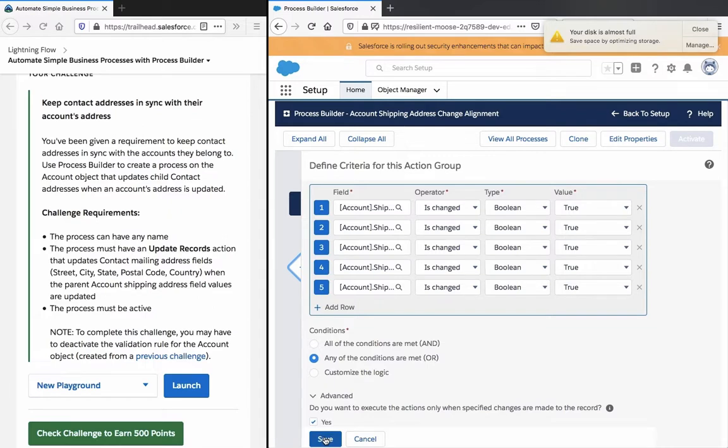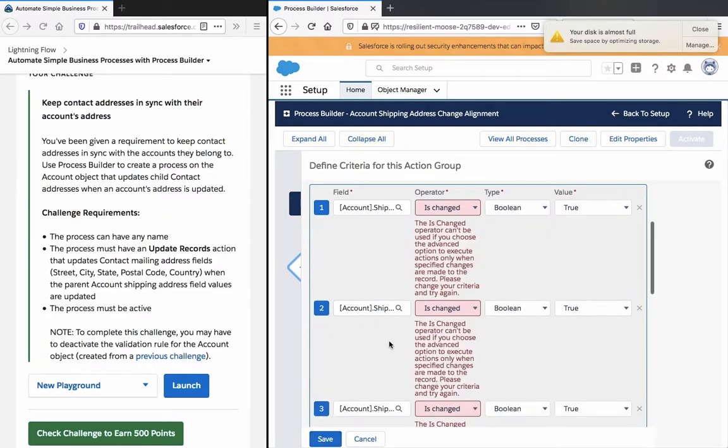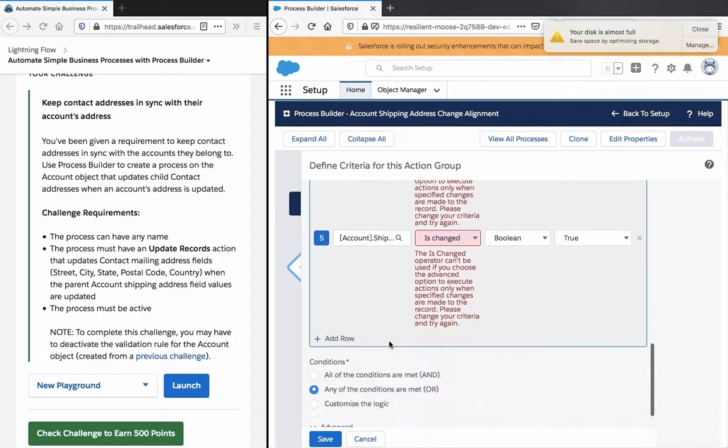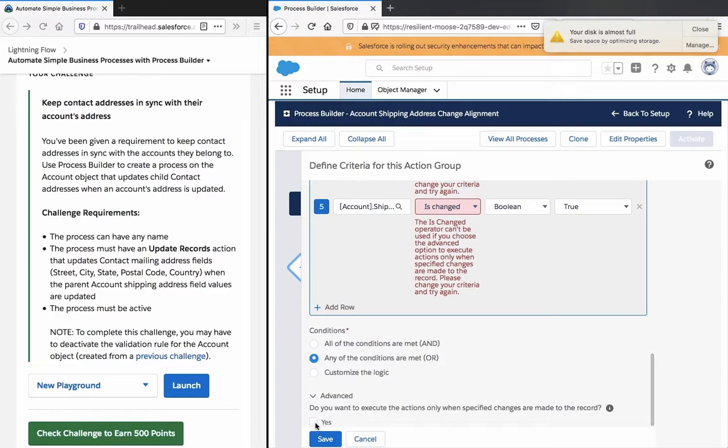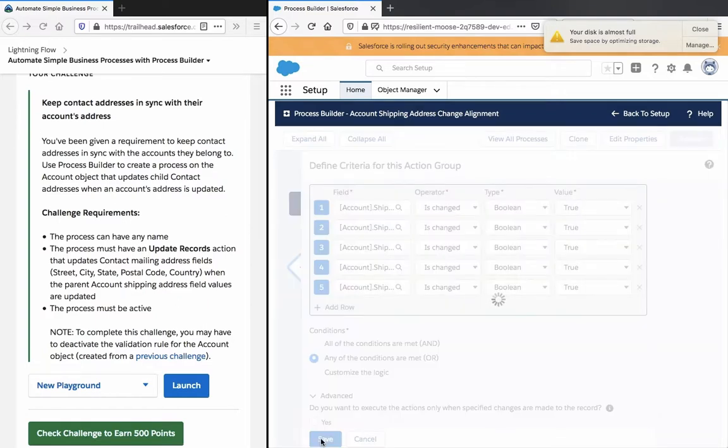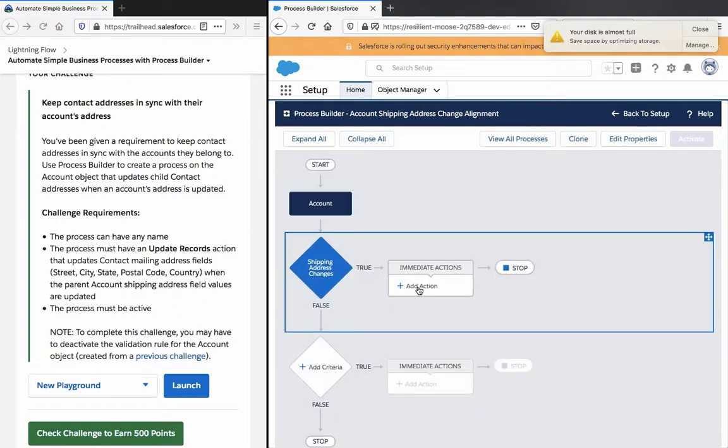And there we select yes. Okay, it's apparently the wrong one, so we do it like this, and the immediate action is